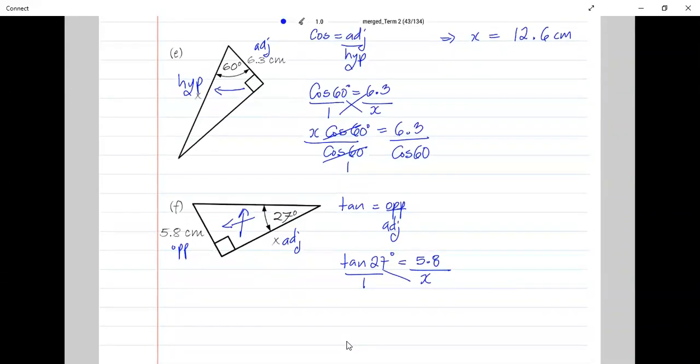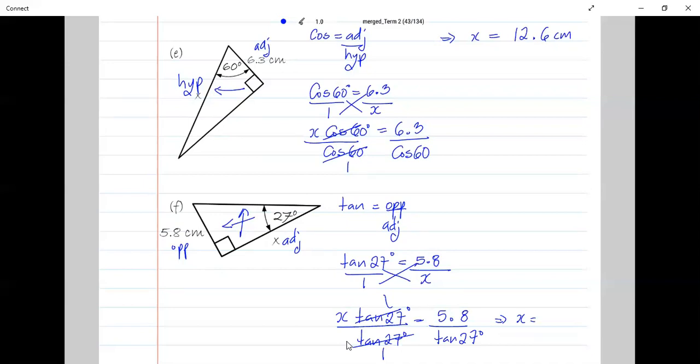And so this is x times the tangent of 27 is equal to 1 times 5.8, which is 5.8. And if I divide both sides now by the tangent of 27, here this cancels here. And so I'm going to get x to be equal to